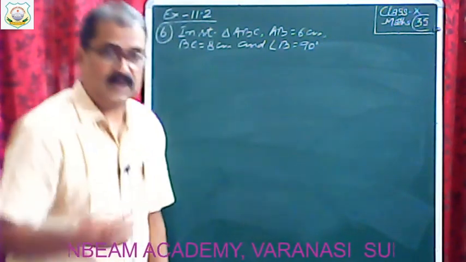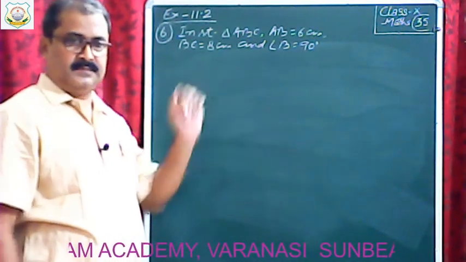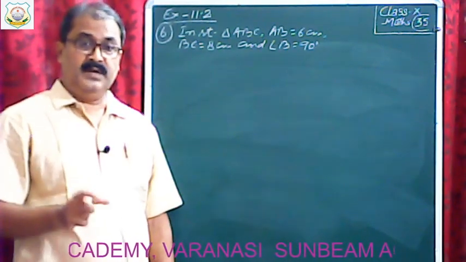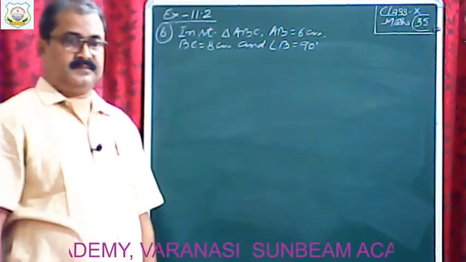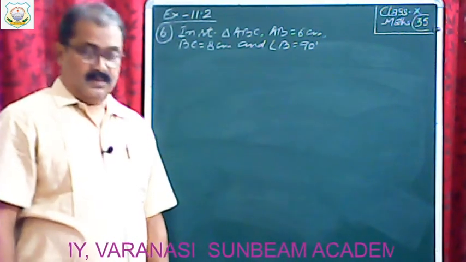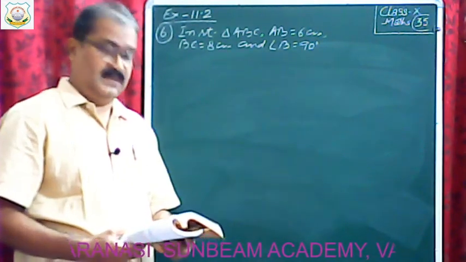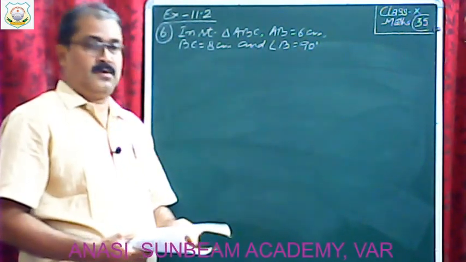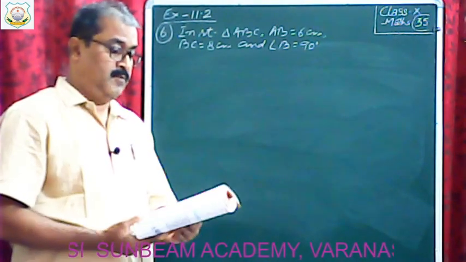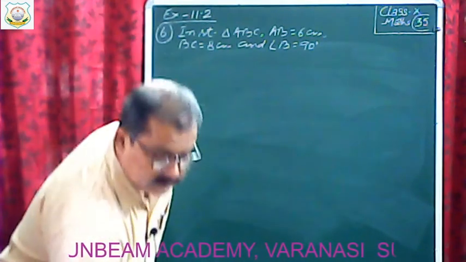Means 4 in 1. First of all, you have to draw a right triangle ABC accordingly. Thereafter, you have to draw BD perpendicular to AC. Then you have to draw a circle that passes through the points B, C and D, and thereafter you have to draw tangents from A to this circle. 4 in 1, four constructions are there.